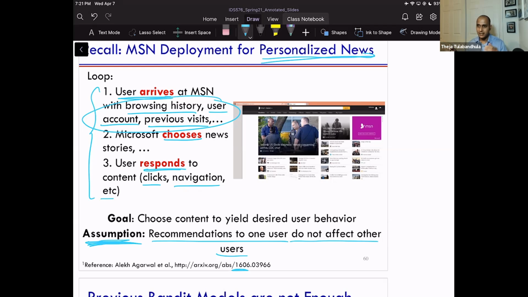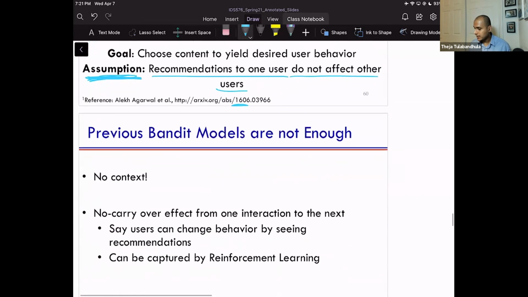For another user, it makes sense. If user one comes and I show them a bad or suboptimal bunch of news stories, and they leave the website immediately, the next user who comes in has nothing to do with the previous one. So there is no temporal impact in some sense. If the same user comes, there also we can always make an assumption, which may not be true, that this user saw the previous recommendations and they have no influence on how they will reward me the next time I show another bunch of recommendations. Of course, that may or may not make sense in certain applications. But that's the assumption. With that assumption, we can talk about